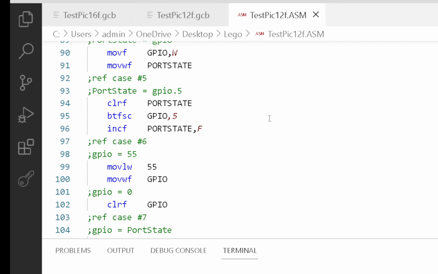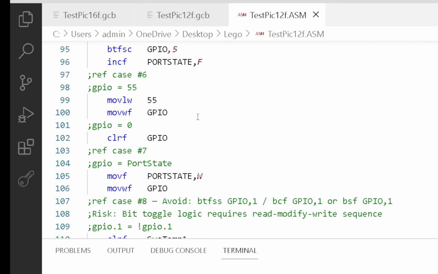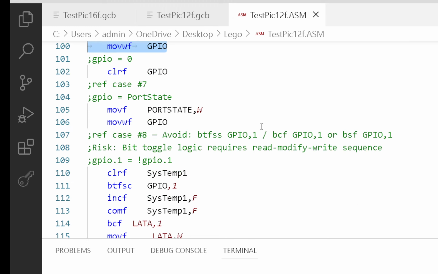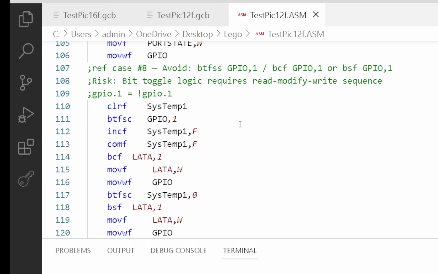Let's have a look at something a bit more complex. Down here, it said set GPIO to 55. That doesn't have a read-modify-write issue, therefore there is no code to be written. It just accepts it, and the tool ignores it. This adapter ignores it. But if you look at something like toggling a single bit,